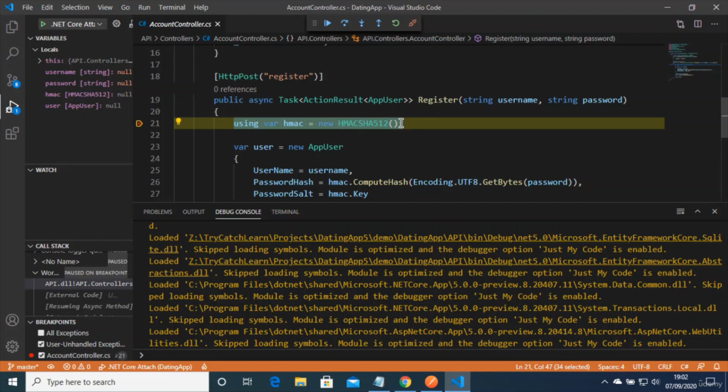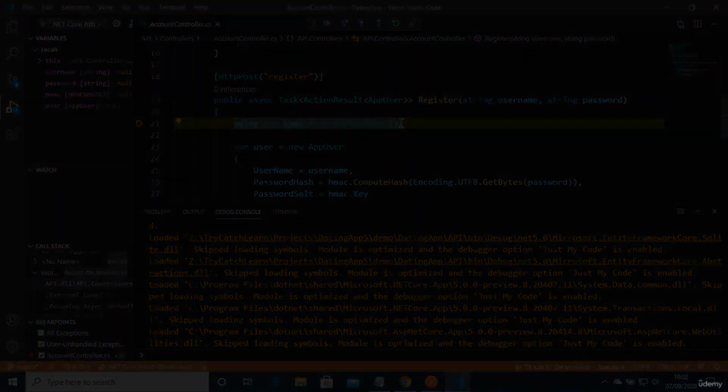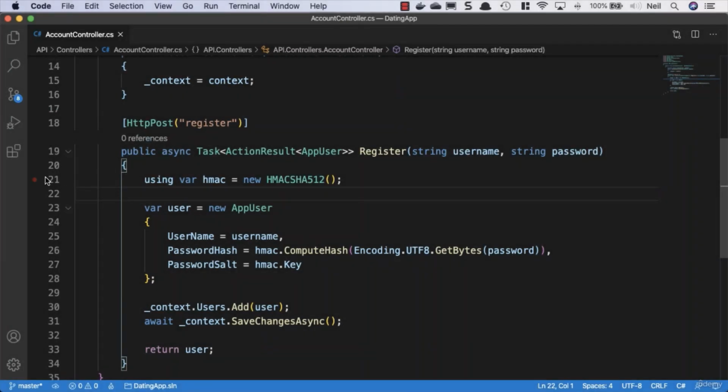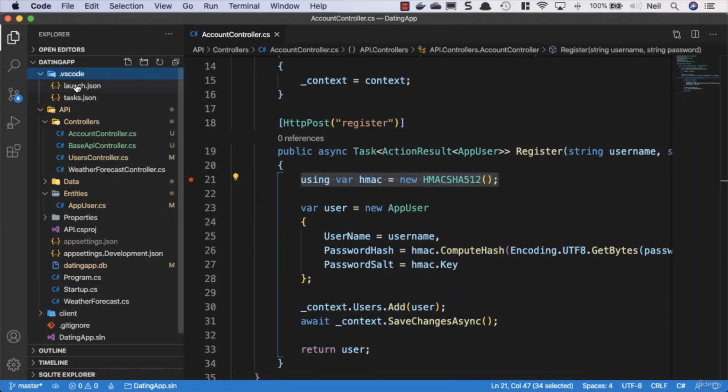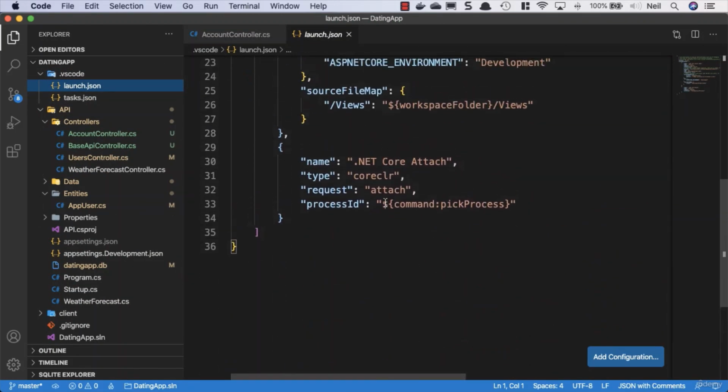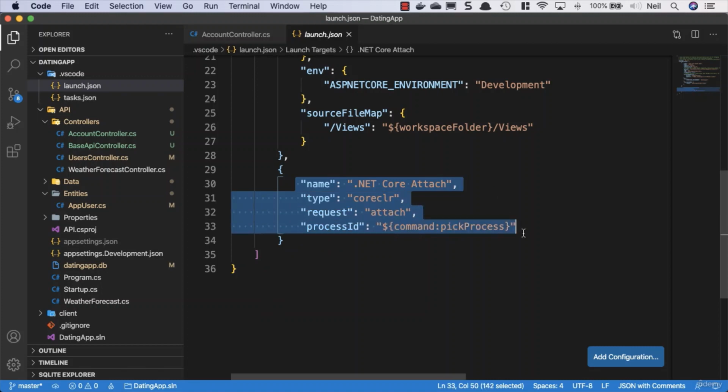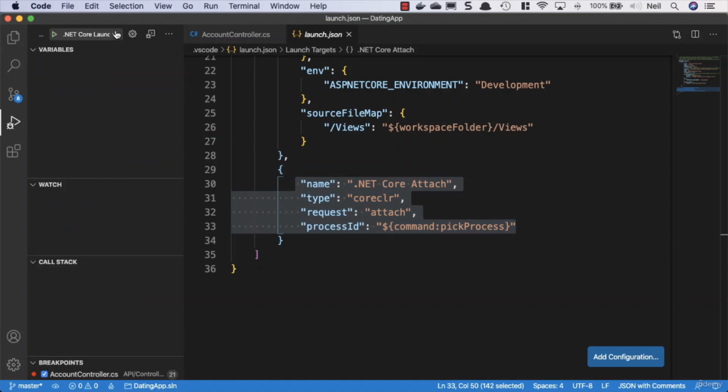So I'm just going to demonstrate how to do exactly the same thing on the Mac. I'm going to continue this demo on the Mac. I'm going to add the breakpoint as I did on the Windows computer, and make sure I've got the launch.json file along with the .NET Core attach option, which we're going to use to attach the debugger here. I'm going to select the debugging tab, select the .NET Core attach,